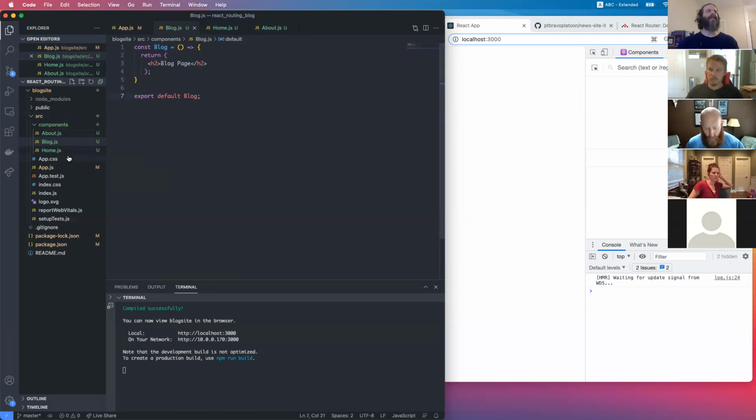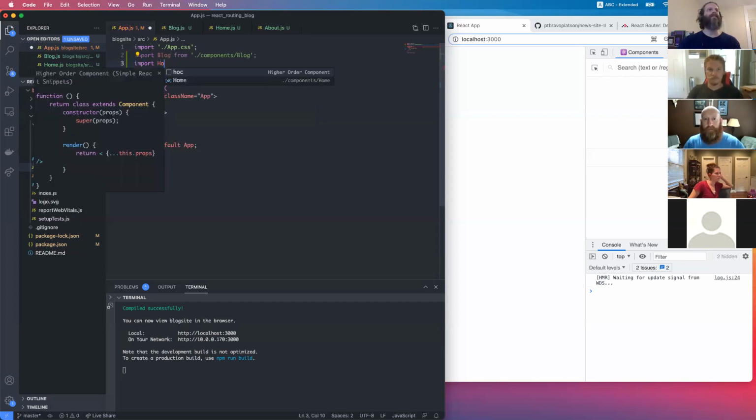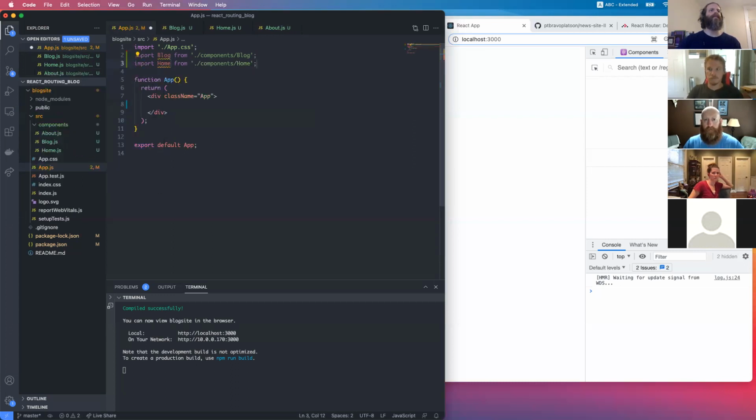All right, so I've got my 3 components. Now I'm going to import them into the app.js. And then